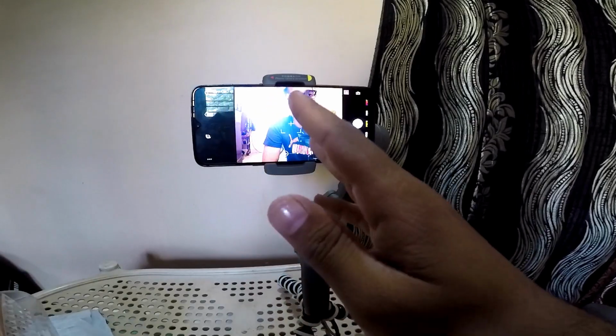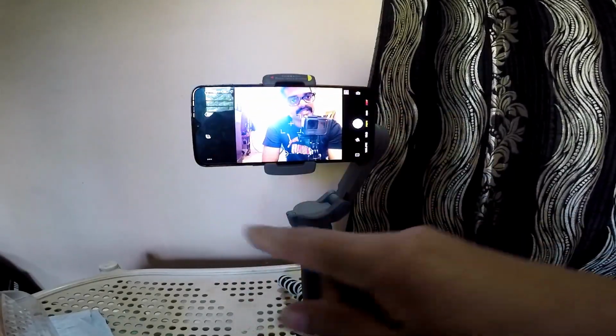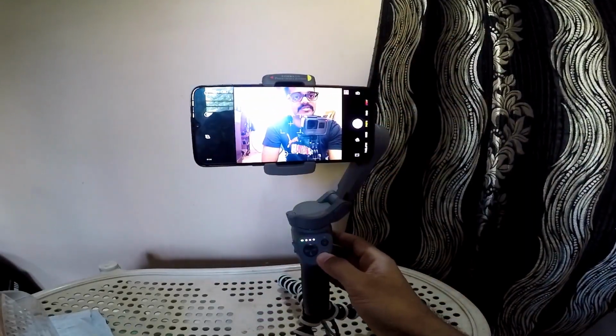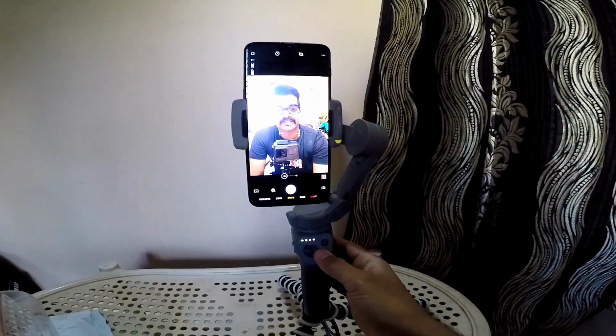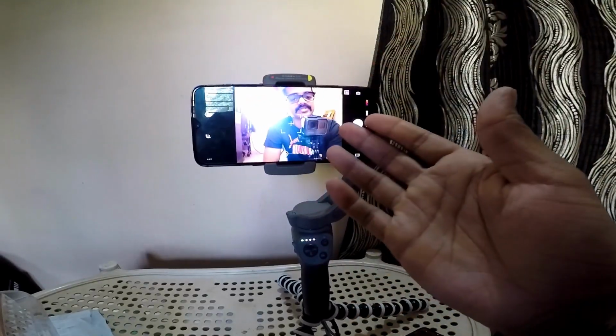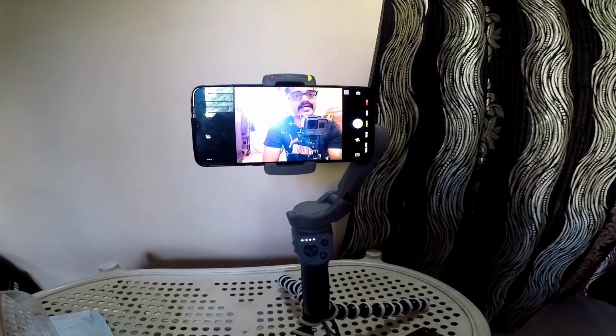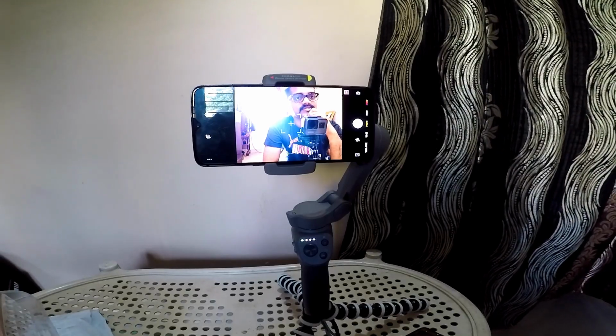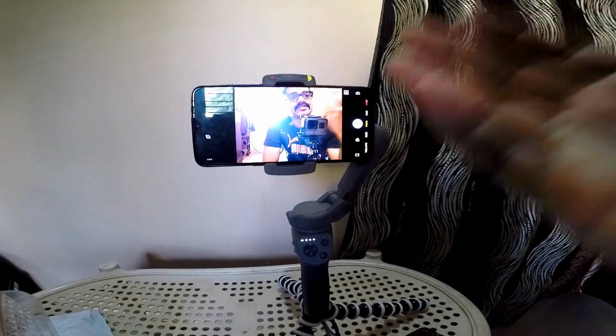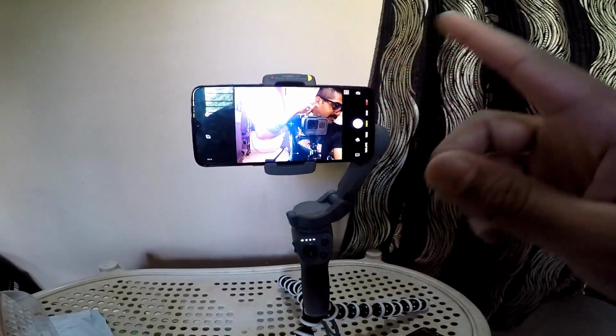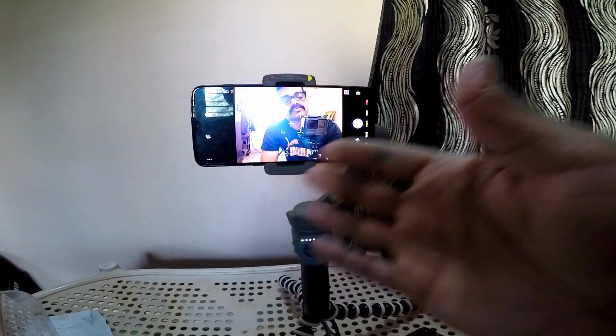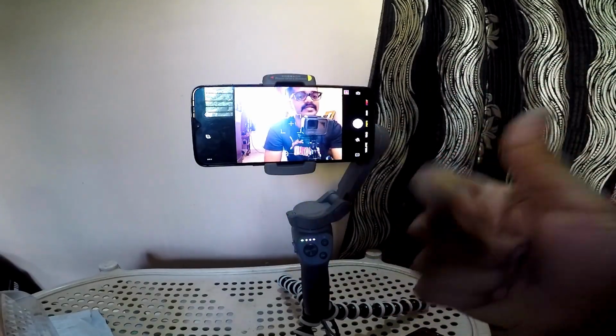Horizontal, vertical is okay, but landscape and portrait is the actual word. Portrait and landscape. So that is the first thing you can learn or you can practice. That is actually needed because it will be in portrait mode when you turn on the gimbal, you will have to go to landscape mode. Fine, that is number one.